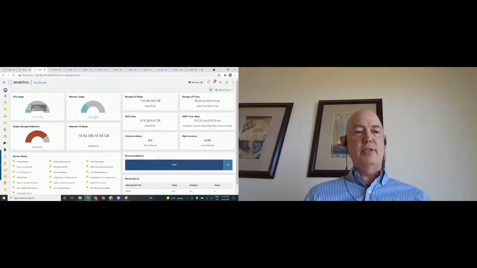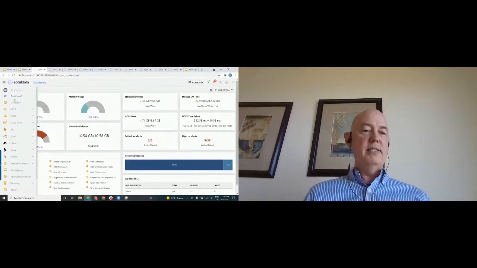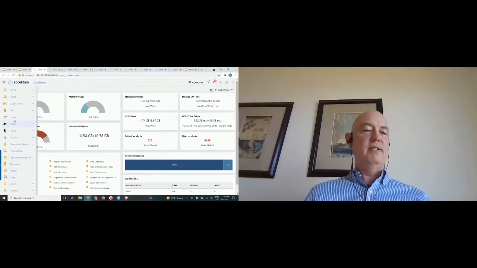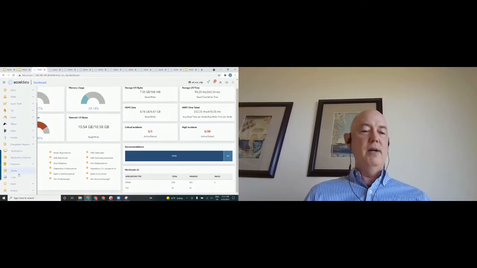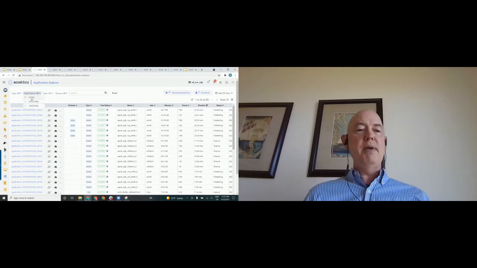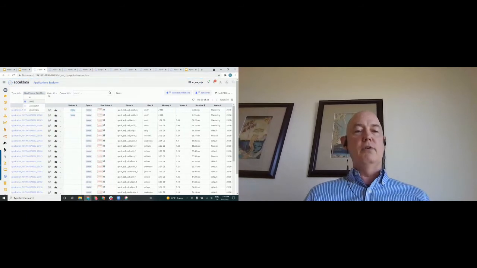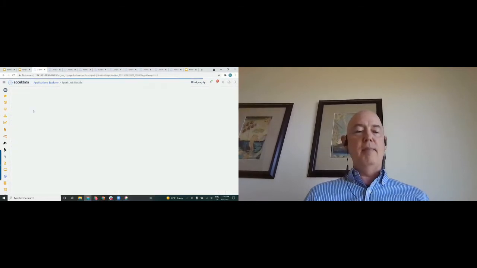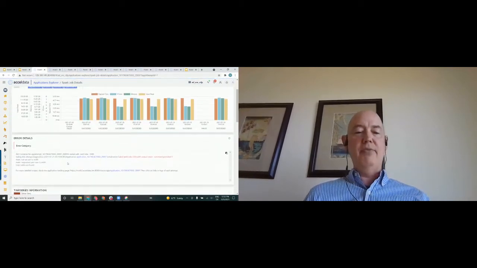So the first thing I'd like to call out with our data processing tool called Pulse is that we cover a lot of different technologies. Some of the ones that are of greatest interest are things like Spark and Kafka running in a variety of environments. But let's drill into the Application Explorer. So the idea behind the Application Explorer is I may want to start by, of course, looking at any issues that I have with jobs failing. And from here, I'm a click away to getting at the logs that might indicate what the error is.